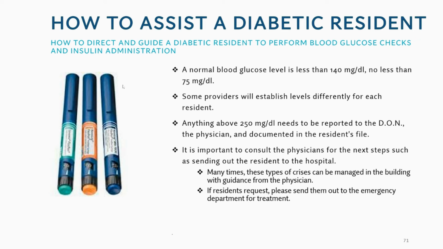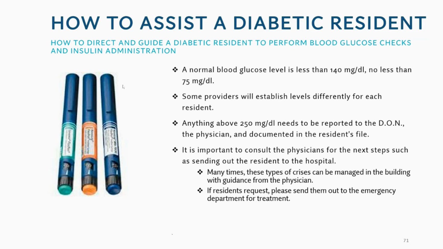A normal glucose level is less than 140 and no less than 75. Some providers will establish different levels for each resident. So it's really important to know what the doctor's recommendation is for that resident. Anything above 250 needs to be reported to a LVN if you have one on site, the physician, and documented